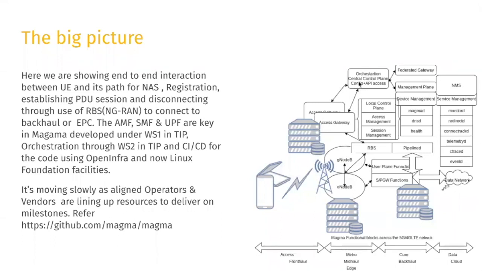The orchestrator is nothing but a central control plane, and that control plane allows the APIs to access the access gateways and configure everything, like configuring all the gateways through API access, and that enables the system to be built, which the UE uses to connect through the cell and then passes on to the radio base station, which is in 4G or 5G, which in turn connects the bearer and establishes, based on the AAA functions, which then goes through the federated gateway to get the